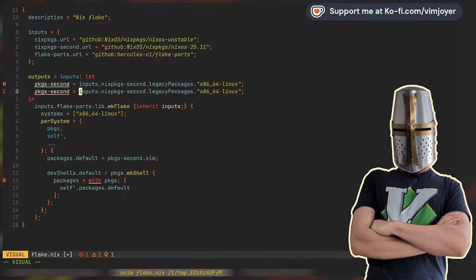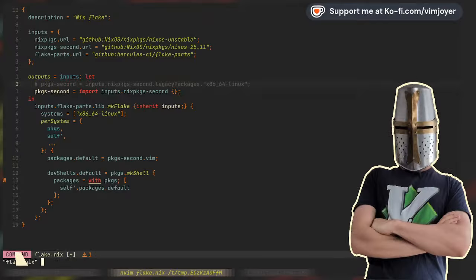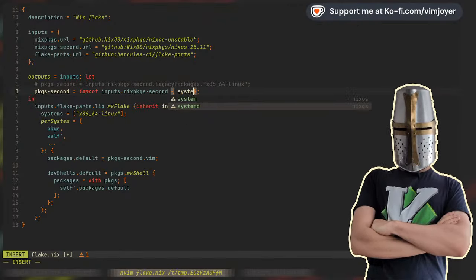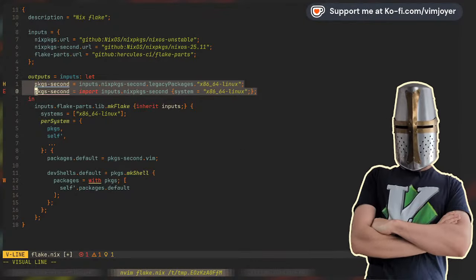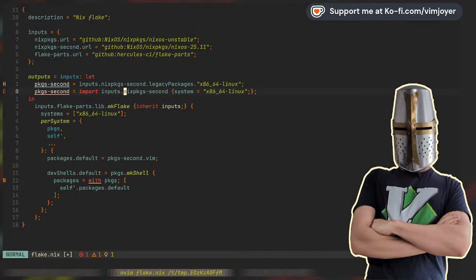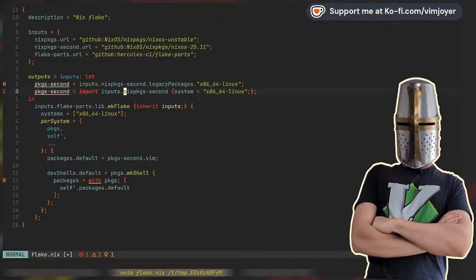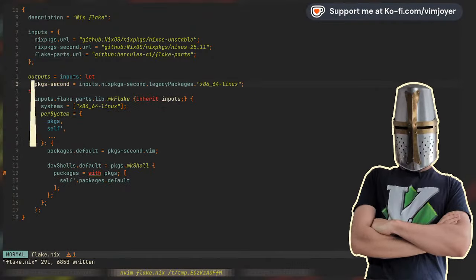This is really no different from importing, just import inputs.nix packages like this. I guess this will work just as fine, right? Oh yeah, but we have to define system. Yeah, you see, this is completely identical. The only difference is that in the second option we can actually pass more stuff like overlays and everything. But anyway, once you have a second packages from where you are taking packages, you can do this in your NixOS